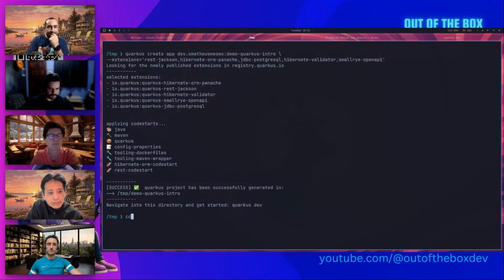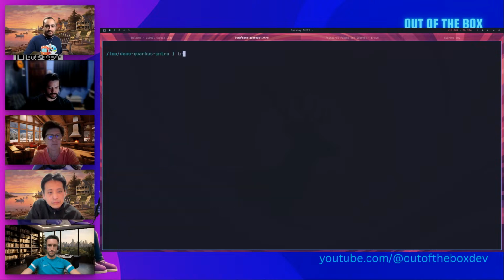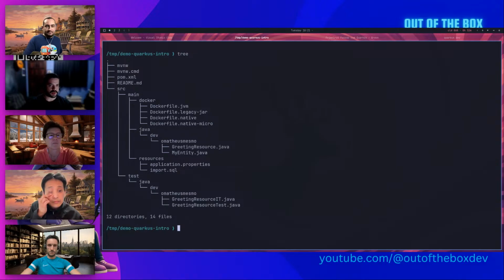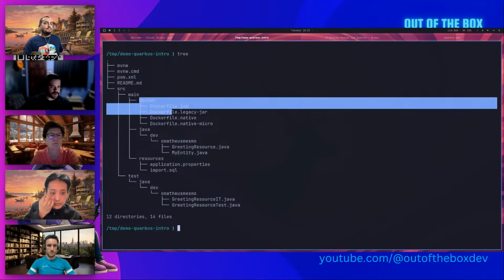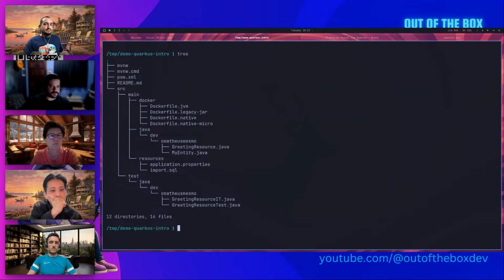Then I can go to the demo folder, cd demo, Quarkus intro. Okay, clear. If I run three commands, I will have these three. It's important to note that we also have a Docker folder with Docker files to build against JVM and also to build against native image. So this is already